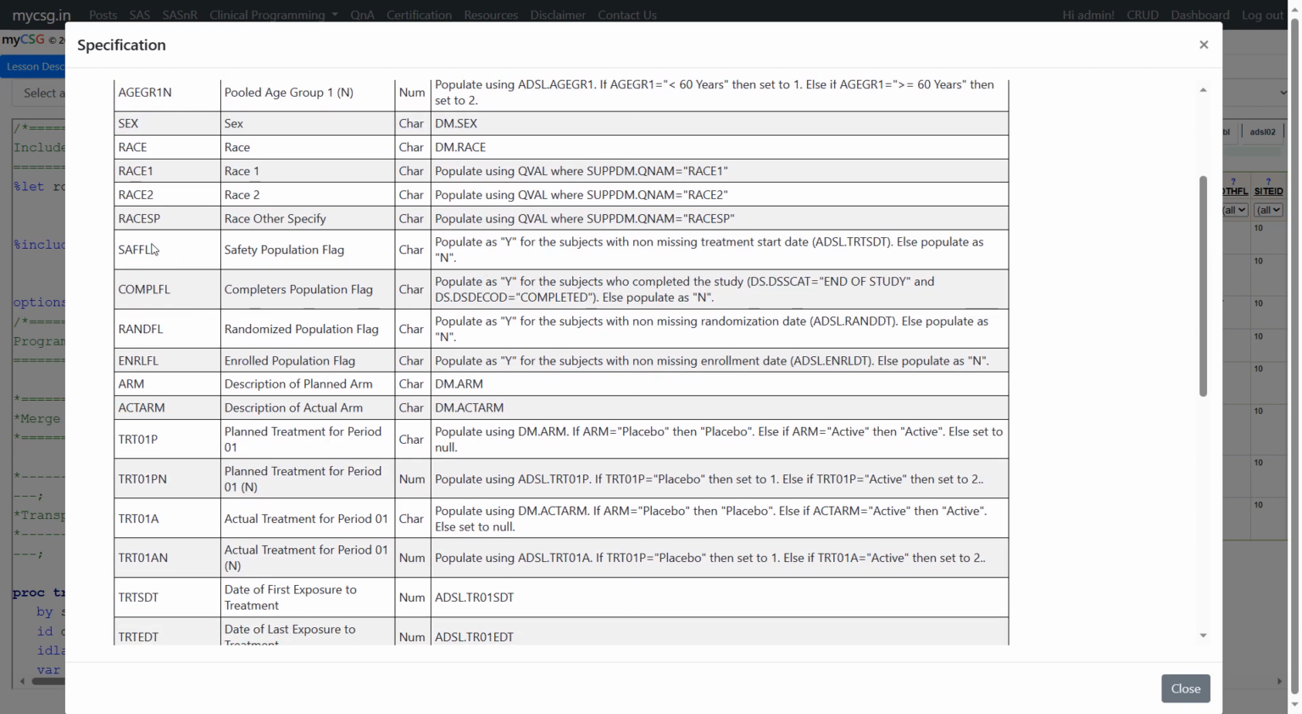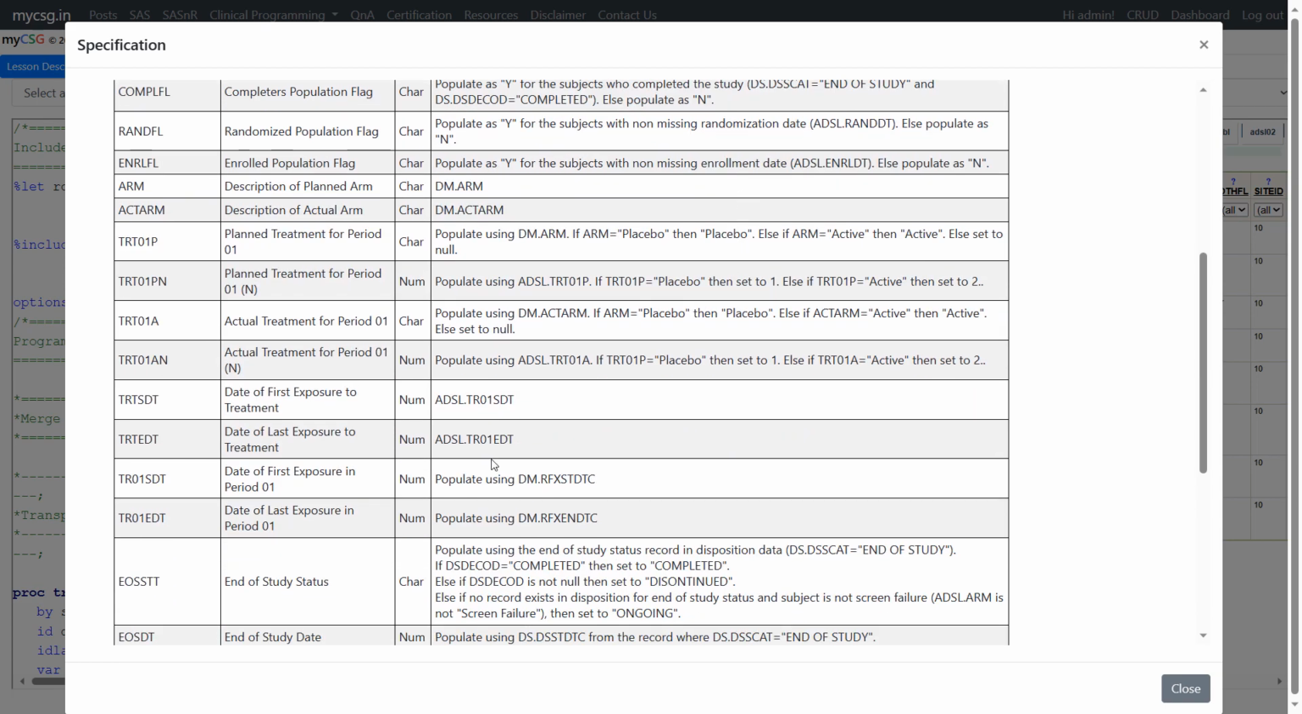So here if you are just focusing on SAFFL, we see it is dependent on ADSL.TRTSDT. So let's take a quick look at TRTSDT. How is it populated? ADSL.TRTSDT is derived as ADSL.TR01SDT. So we have a further dependency on another variable within ADSL itself, which means we'll have to go and check the derivation logic for TR01SDT. For TR01SDT, it says populate using DM.RFXSTDTC. So indirectly our safety flag is dependent on